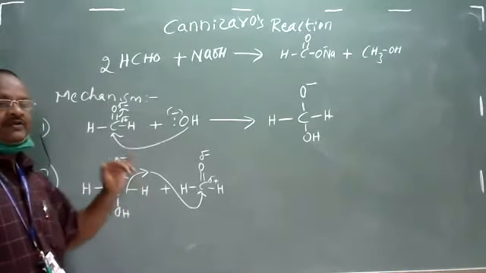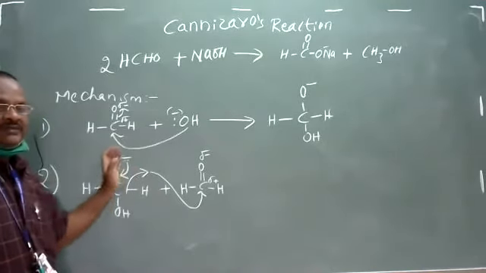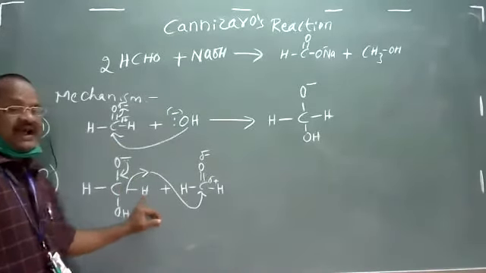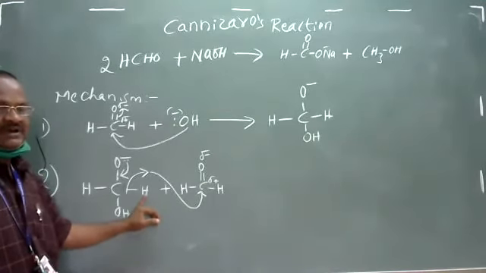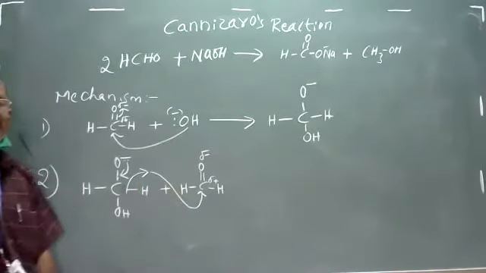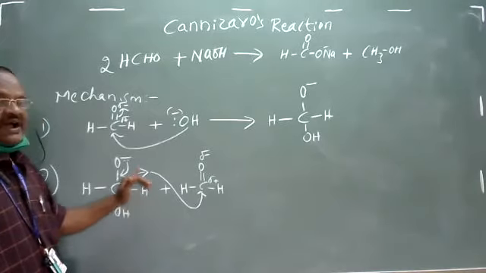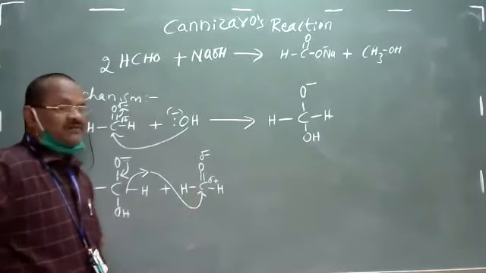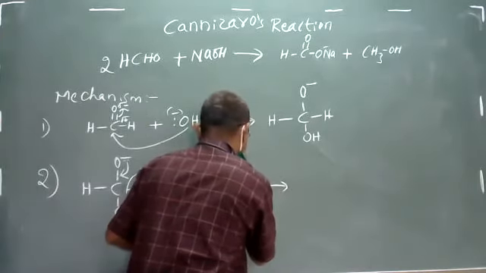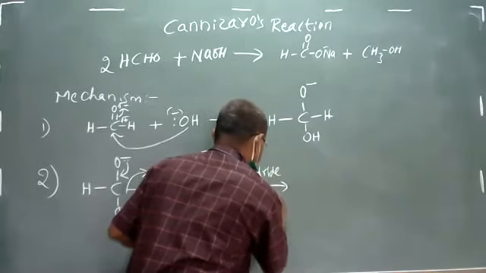So that carbon wants to eliminate one particular atom or group. Here this carbon eliminates hydrogen as hydride ion, and that's why this particular step is called the hydride shift. This hydrogen comes out with the bond electrons as hydride ion and attacks the carbonyl carbon of the second molecule. Thus, what is formed is... hydride shift takes place.